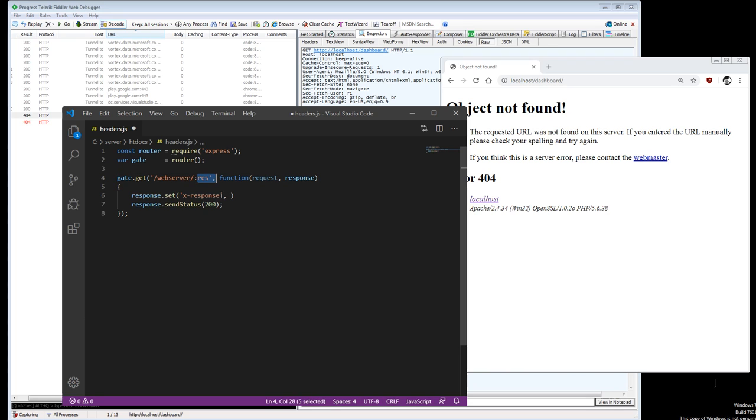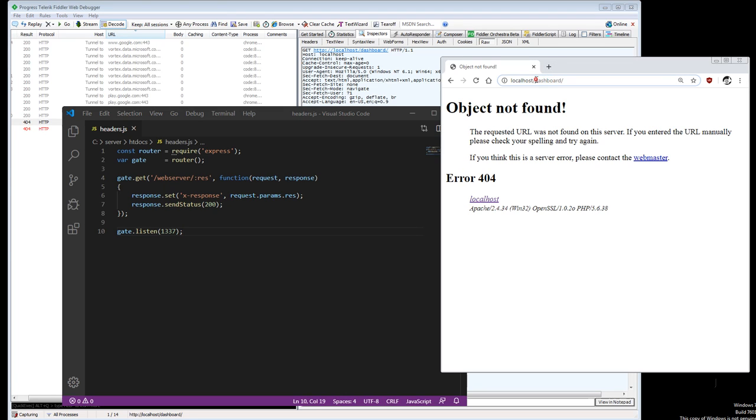So in this case, it's res or response. So it's going to be request.params.response. Okay, and then this is going to be listening on port 1337. Okay, so now,